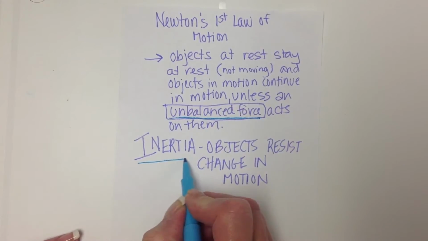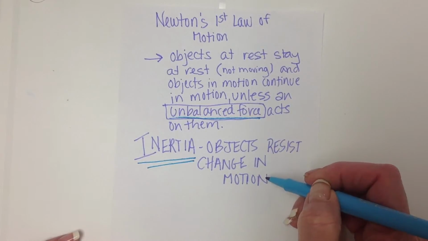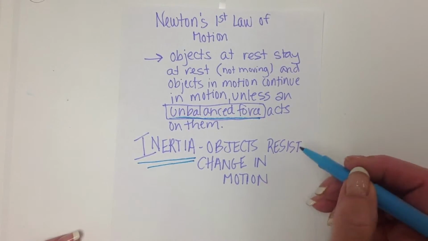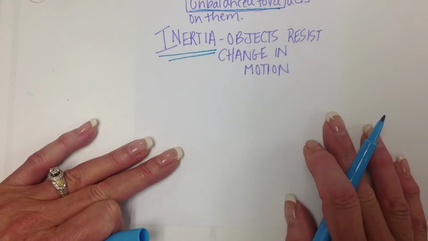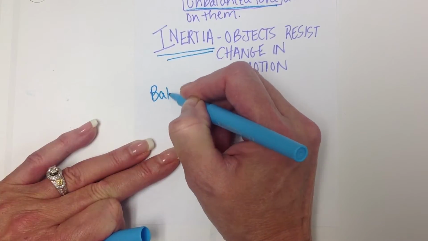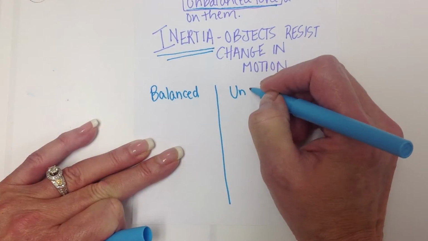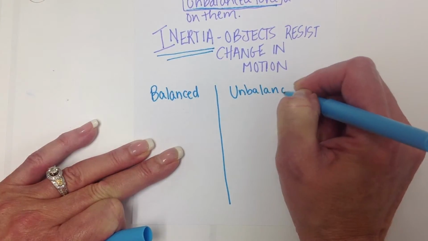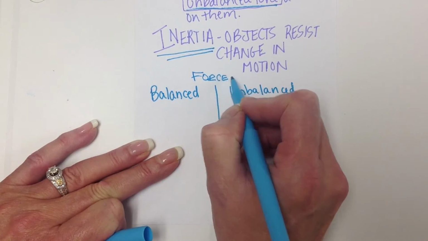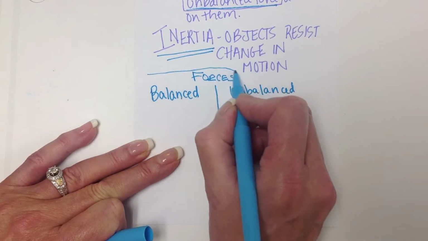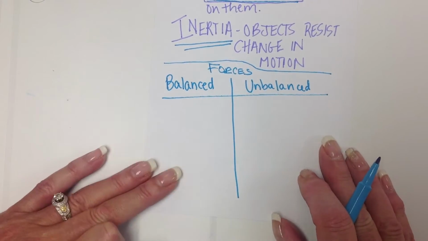Inertia is a big part of this law because it means that objects all resist change in motion. So if something's not moving, it doesn't want to start, and if it's moving, it doesn't want to stop. So this goes really into what we know as balanced versus unbalanced forces. Remember, a force is just a push or a pull. So here we have balanced or unbalanced forces. What you need to keep in mind is, when forces are balanced,